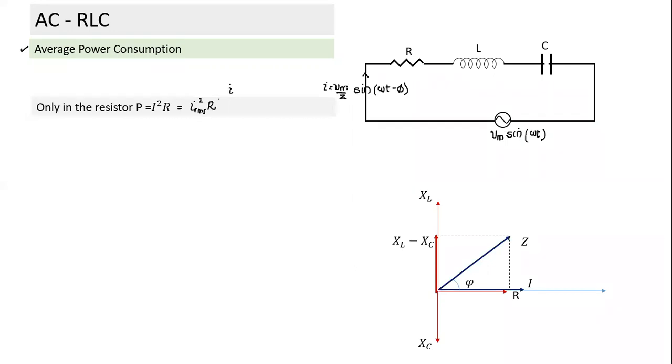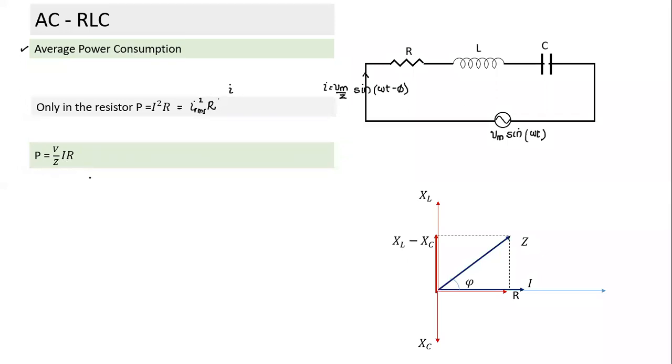So here, do we know the amplitude? If we know the amplitude, I know the RMS value. So we can write this in a different form. Can I write V RMS by Z in place of I RMS? You said yes, that equation is also valid. I can write it in I RMS square R. When we are using capital V, it means V RMS. So one I have remained, and in place of the other I have substituted V by Z. So V by Z into I into R.